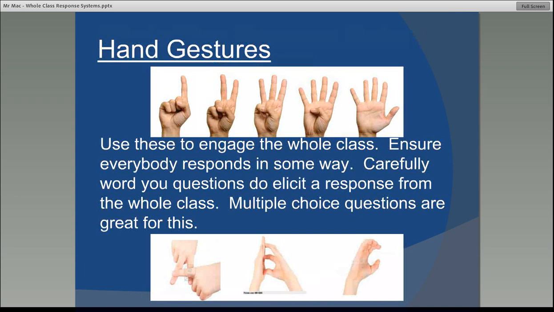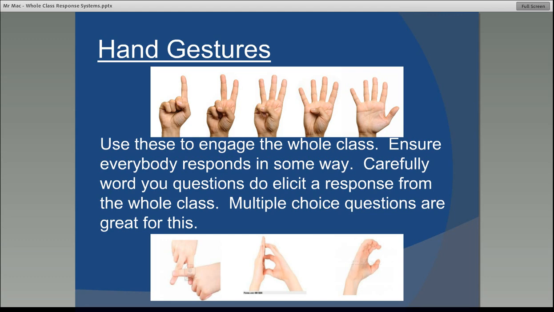Right, so the first one that I developed, and I use this nearly all the time in my lessons out on the field, is just using simple hand gestures. I use these to engage the whole class, and it ensures everybody responds to a question. So all I do is, for example, I may say to the classroom,